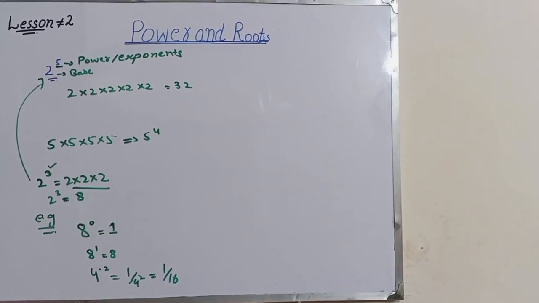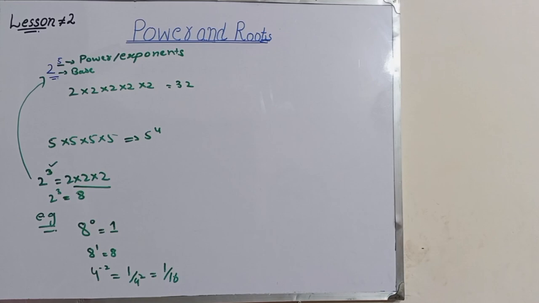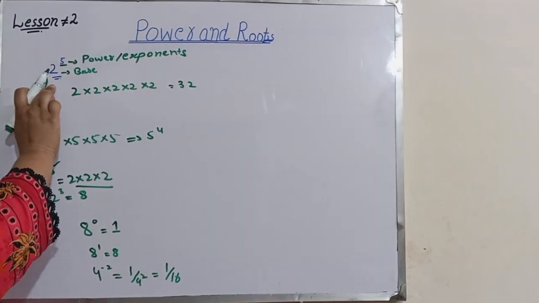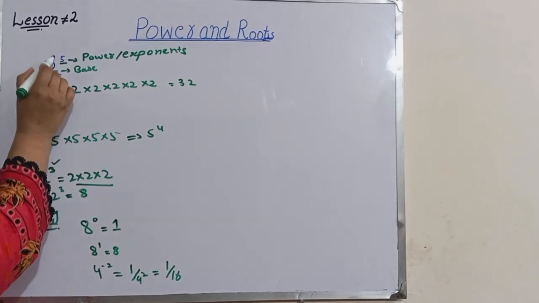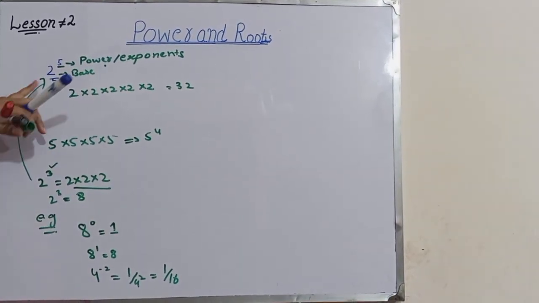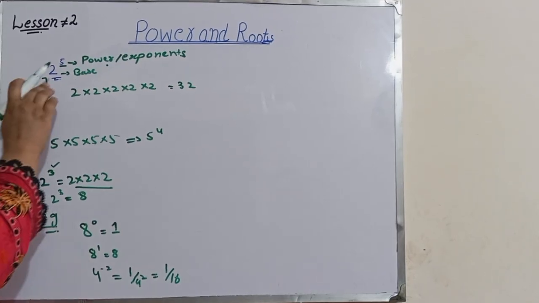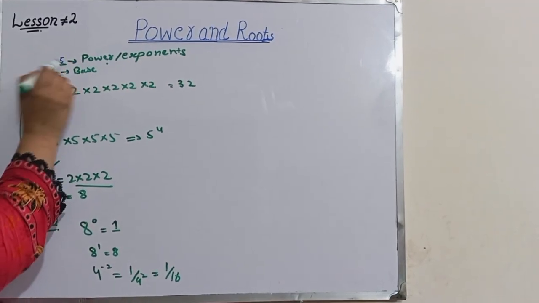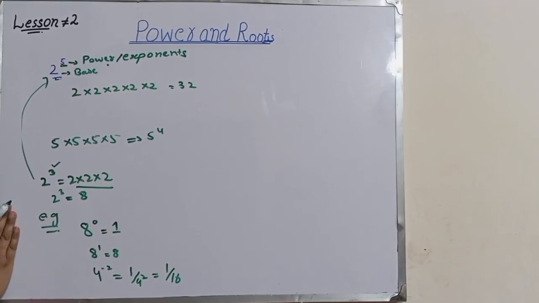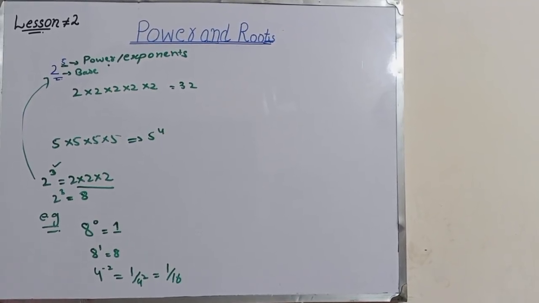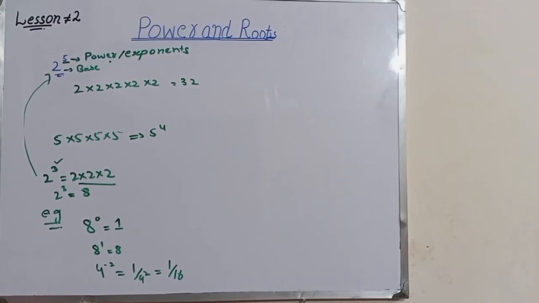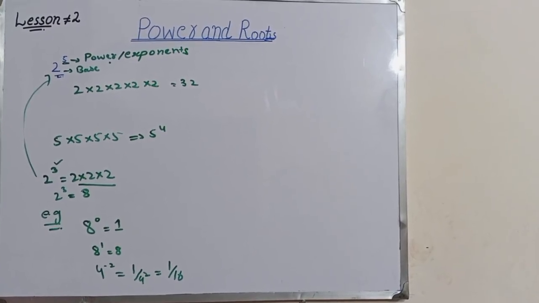All right, now that we have understood power, I think you completely understand this. What is power? Power means there is a base, and we call the power an exponent, and we multiply the base by itself as many times as the power tells us. So I think I have explained power to you, and you understand it completely.